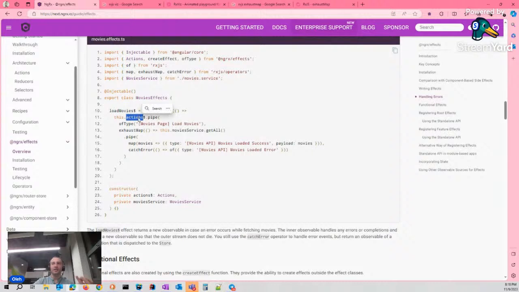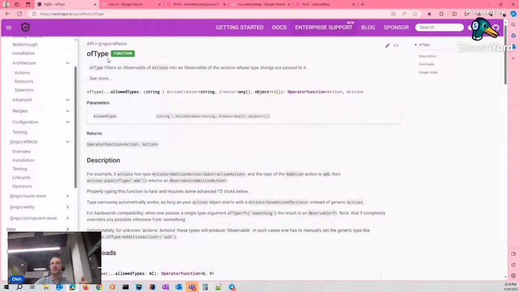Because actions contains and emits everything that we define in our store, and then we trigger in our store, and we need to filter this list of actions.